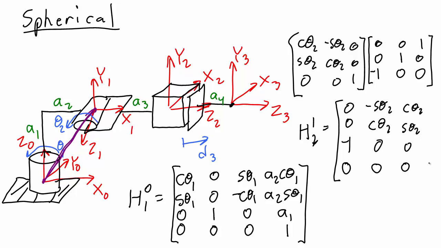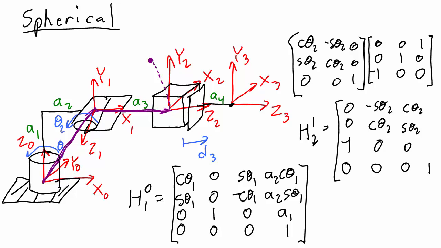Now I'll have a 1 down here, but I still have to find the displacement vector part. The displacement vector is this vector right there. And when I write this vector, it has to be true no matter what the rotation of theta 2 is. So as theta 2 rotates, the center of frame 2 is going to move up here in the plane of